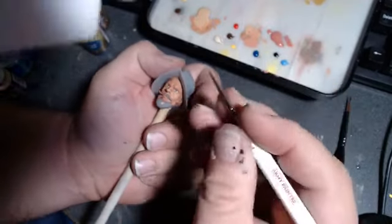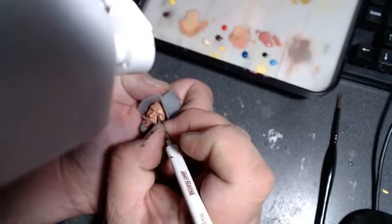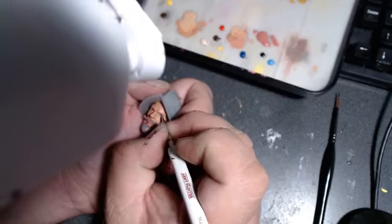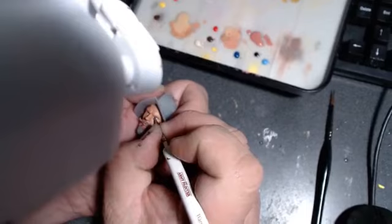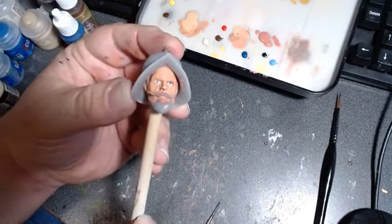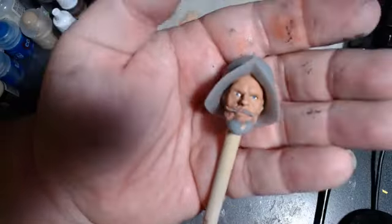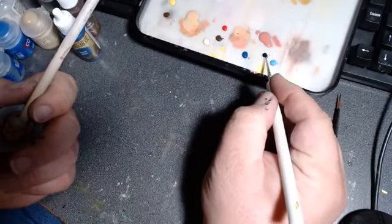Basically, it's the same thing, and this is where you really need some hand control. And I'm gonna start towards the center of the eye. See what that does? There we go. Looks a little crazy without any eyebrows, but